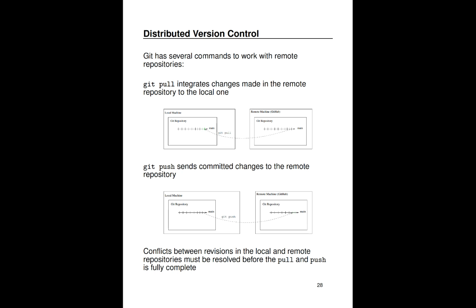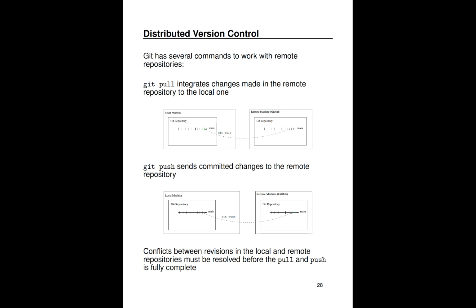So instead of using git init to create a new repository from scratch, you can get an existing repository by cloning it using git clone from some URL. Now it's a Git repository, and so you can add new files, you can commit things, you can look at the history, but there are a couple of commands that then allow you to interact with the remote repository so that you can get the changes that other people have made and contribute your changes back to the shared repository